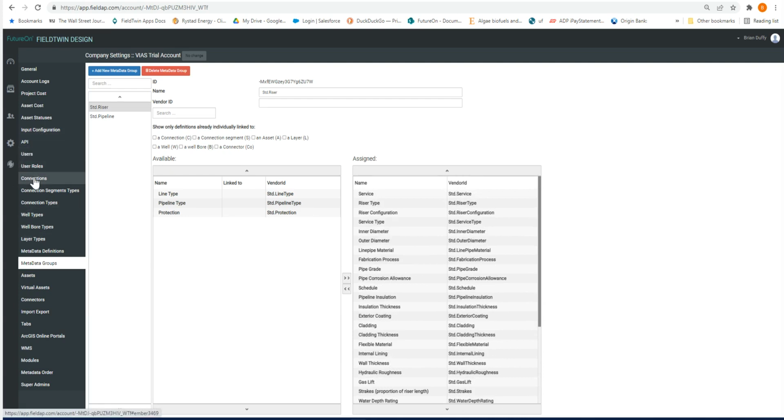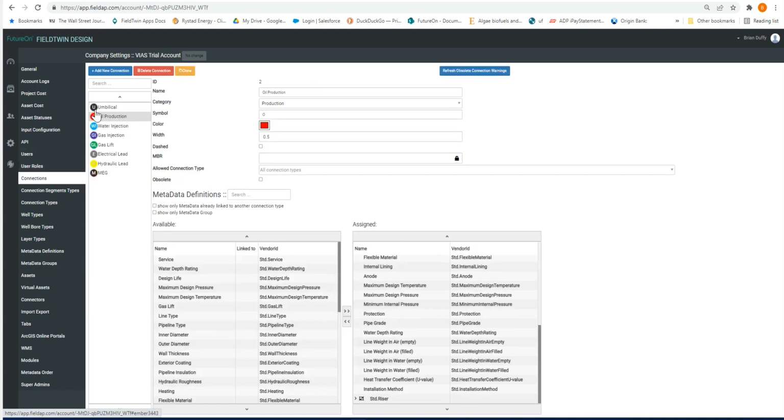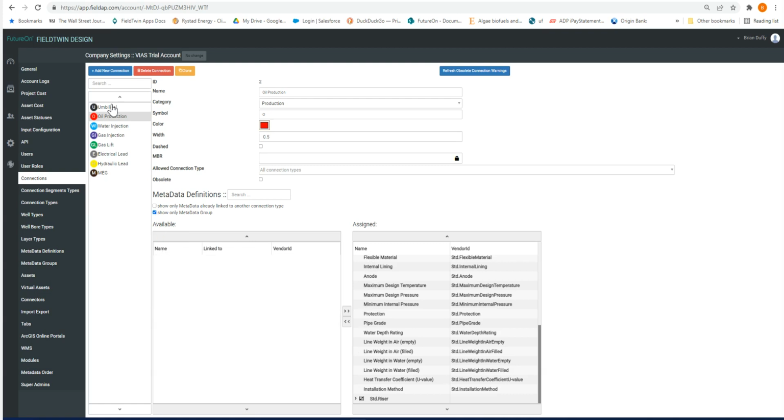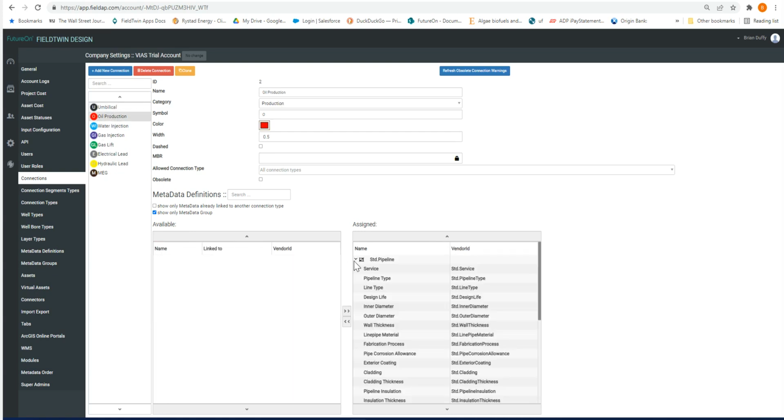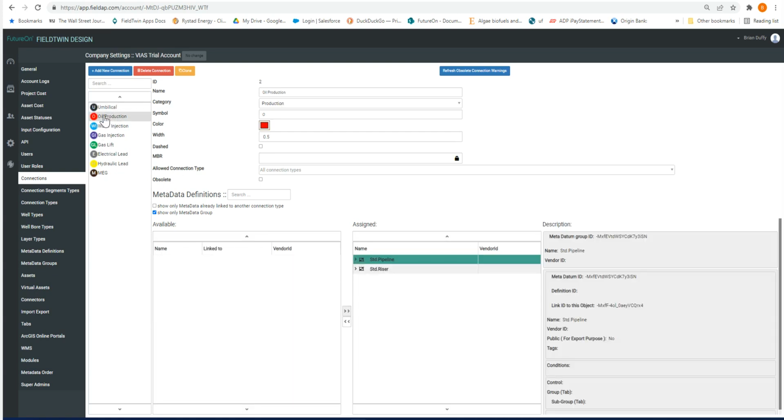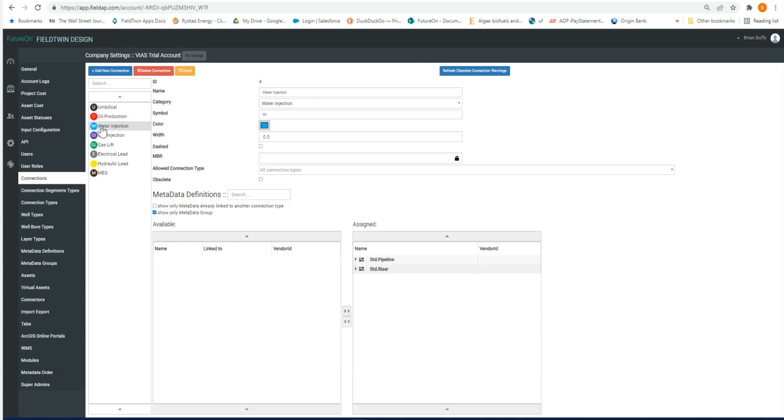Then your account admin is going to have to go and look at the connection definitions that you have, and they're going to have to assign the metadata values by the groups. You can toggle this on and only show the groups that need to be added. In this case, we've already added to the oil production connections and the water injection connections the standard pipeline and